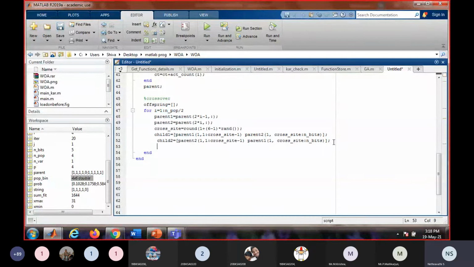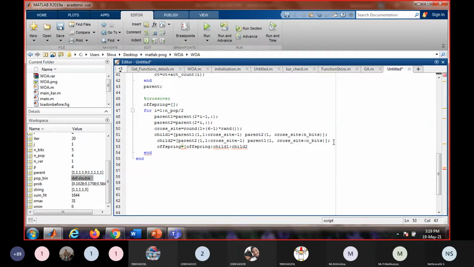And what are the offsprings? Offspring is equal to offspring colon child 1 colon child 2.